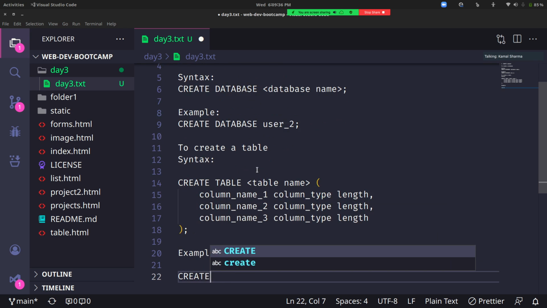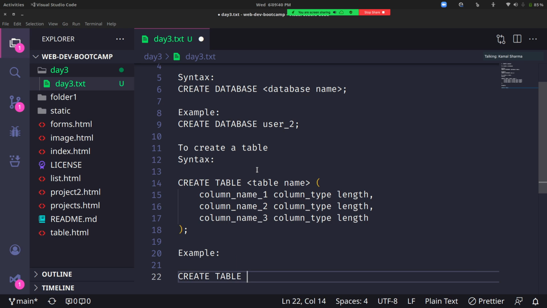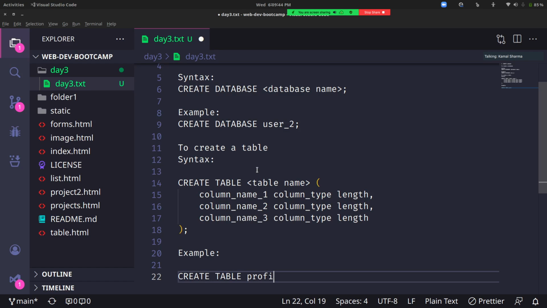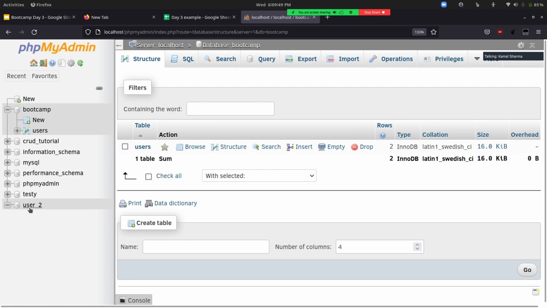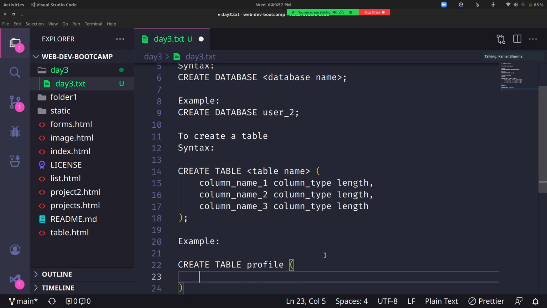Now let's try to create a proper table. To do that, create space table, and I'll give the table name as profile, because here we had created a database called user underscore 2. So to add relevant stuff, I'm giving the name profile for the table. I'm opening the parenthesis.